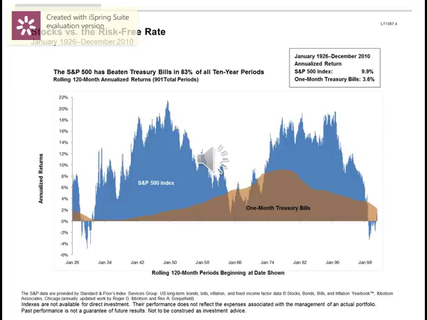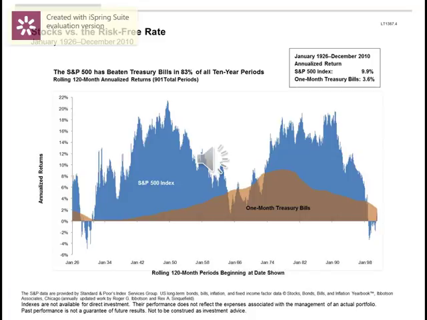This chart shows rolling 120-month annualized returns. There are 901 periods in total here. The leftmost bars, S&P 500 index in blue, 1-month U.S. Treasury bills in orange, show annualized returns from January 1926 through December 1935, which is 120 months or 10 years. All the way to the rightmost bars, showing the annualized return from the most recent 10-year period, January 1999